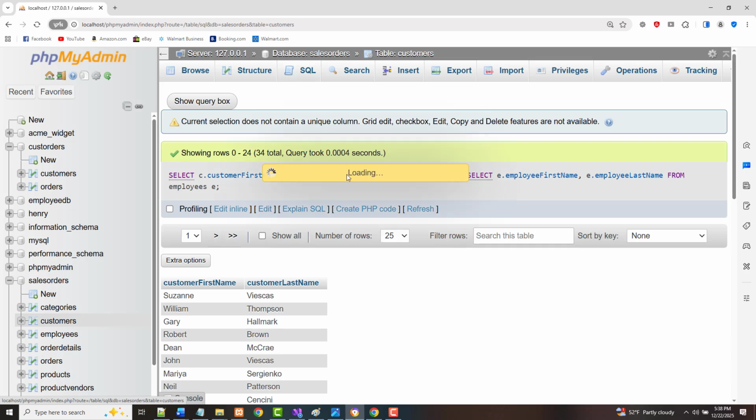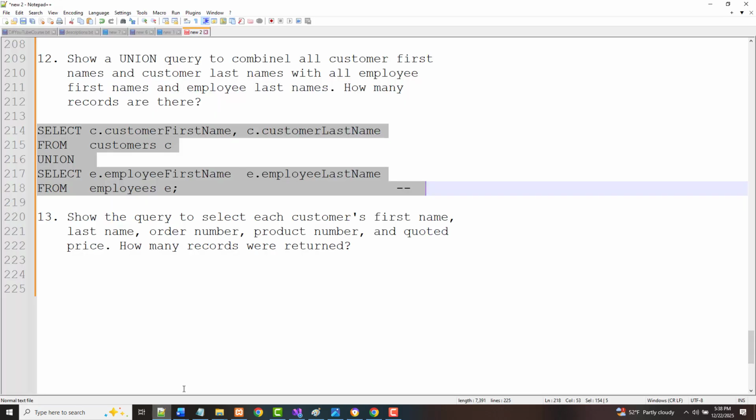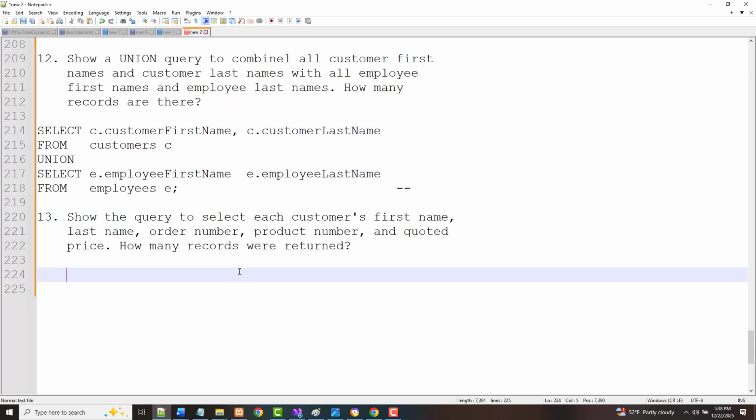So again, we'll come back up to here. Just remove everything that's in there, and let's go back to here. All right. Show the query to select each customer's first name, last name, plus each customer's order number, product number, and quoted price. Now, I'm going to show you 2 ways to write this one. So select